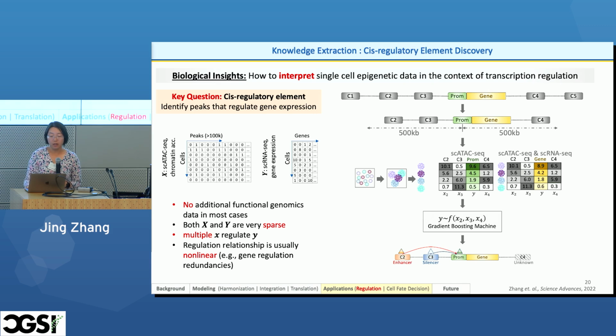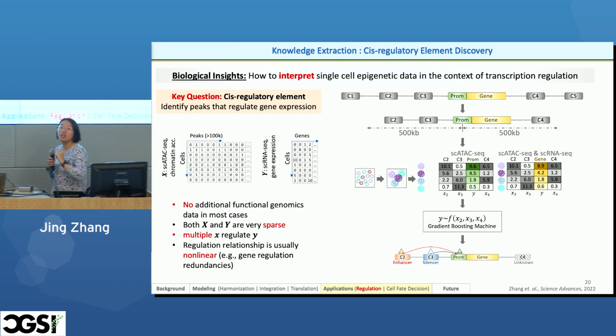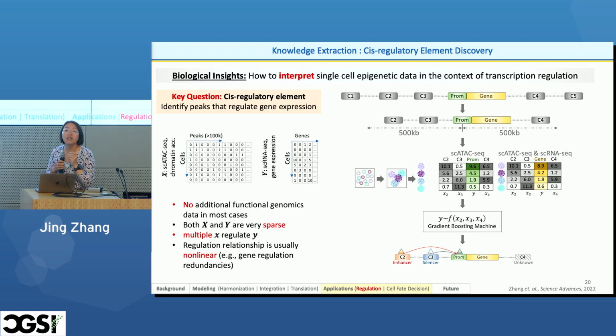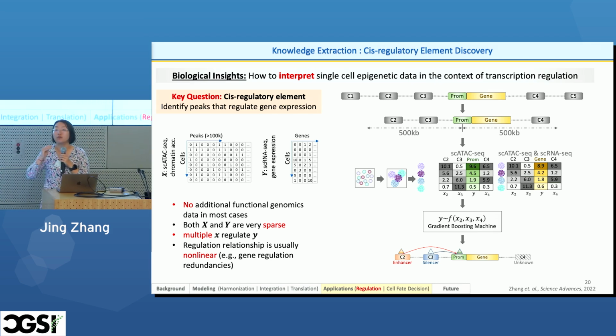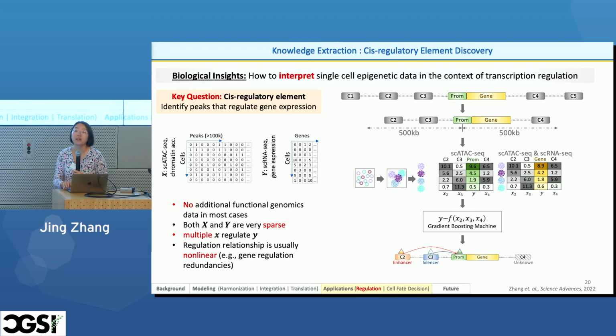And after we have done this, we do model selection. We remove those that have no impact on gene expression, and only keep those that have a high impact on gene expression to define them as cis-regulatory elements. Then we can impute the footprints in these regulatory elements, so we link the TFs to different genes to build the gene regulatory networks in a tissue-specific manner.